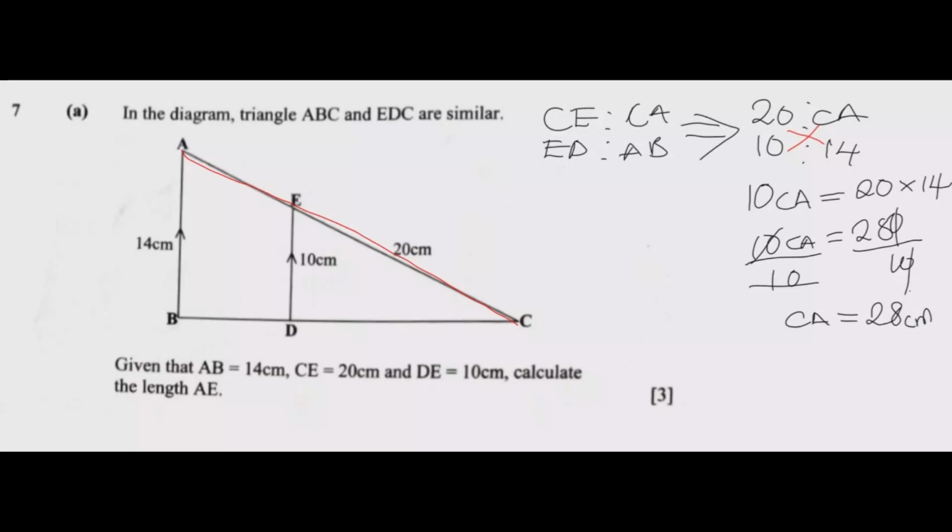Okay, now the question is asking us to find the length of AE. So the length we want to find is not this entire length. Instead, we want to find the length which is here, just this length. Now we have found the length of the entire line from C to A. So what we can do now is we can say